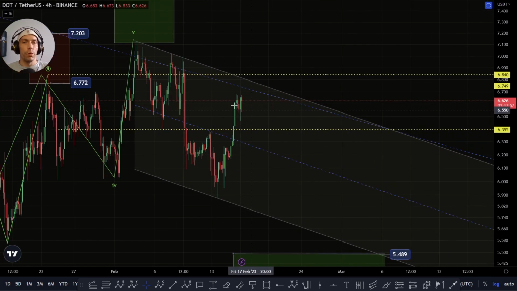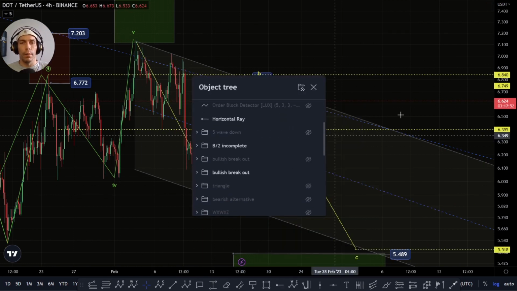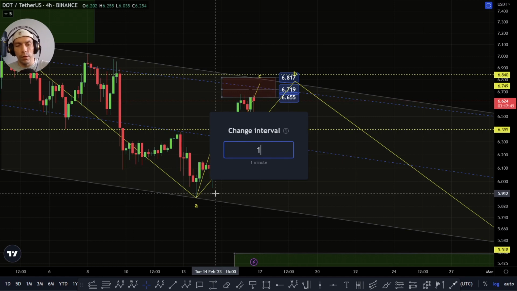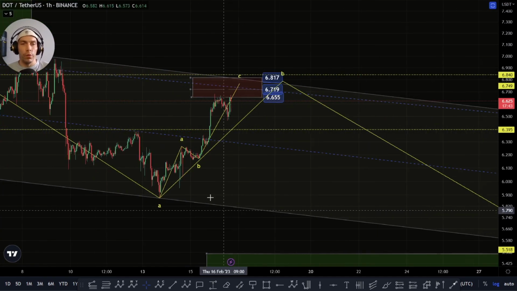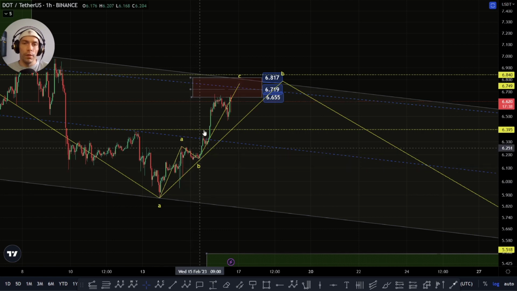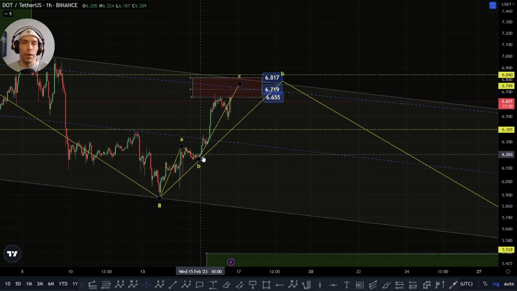For the most part, what I'm looking at within the structure to the downside is the possibility that we can potentially start to count this as a 5-wave move. However, there is also a little bit of overlap in this beginning bit, which is a little hard to place. So either there's another series of 4s and 5s to come, or alternatively we'd have to count this as a 1, 2, 3, 4, and a 5 as a diagonal. This is a B wave, and then potentially 1, 2, 3, 4, and then looking for that 5th wave to